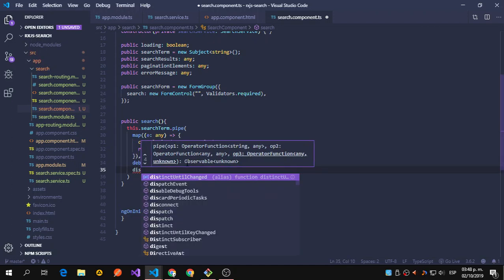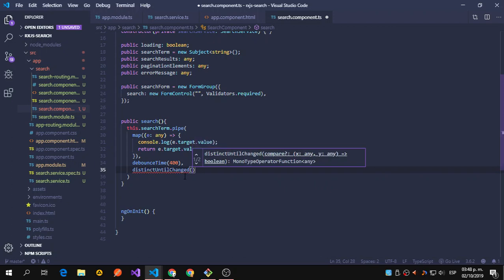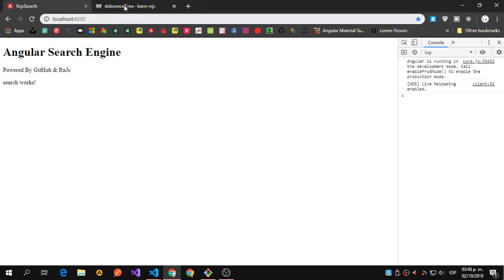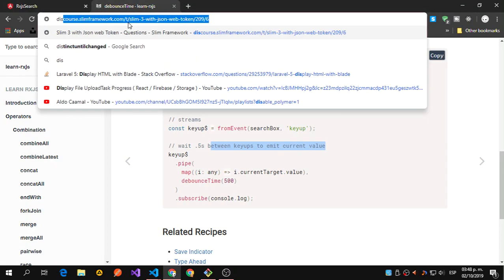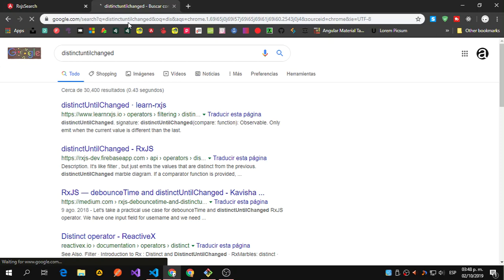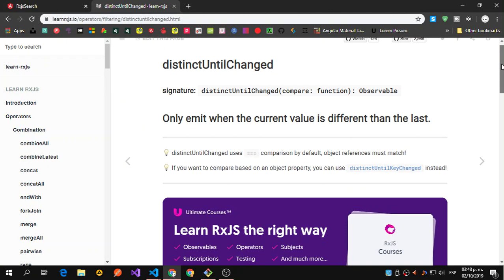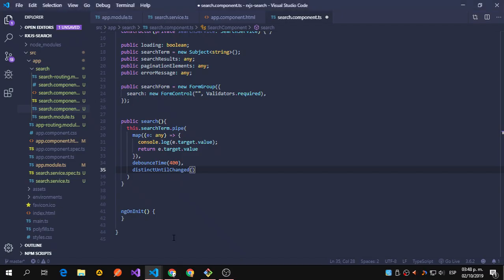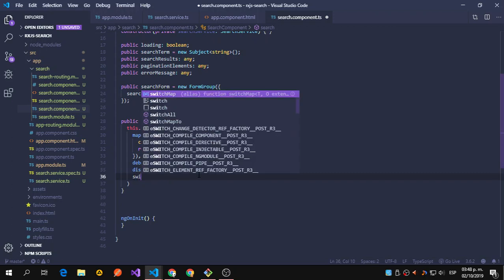Now distinctUntilChanged. Let me look at that. It's going to only emit the values, as far as I know, when there's something different. Only emit when the current value is different than the last, so we don't get merged requests, a different request with the same values. That's essentially it. And switchMap,